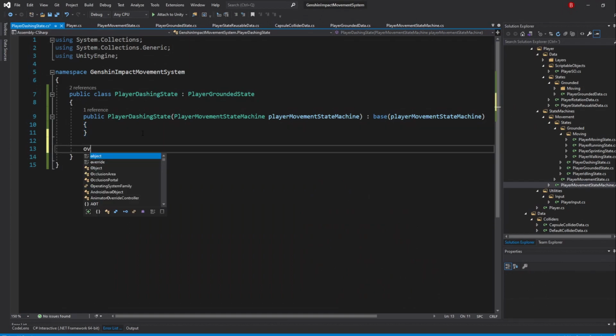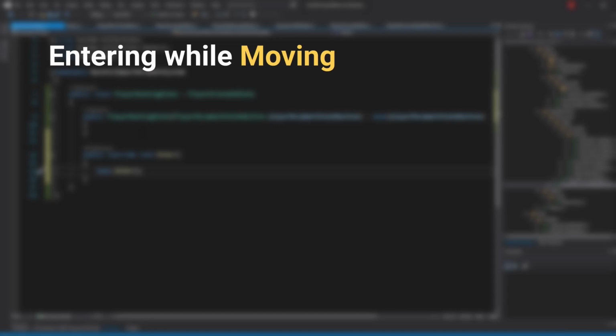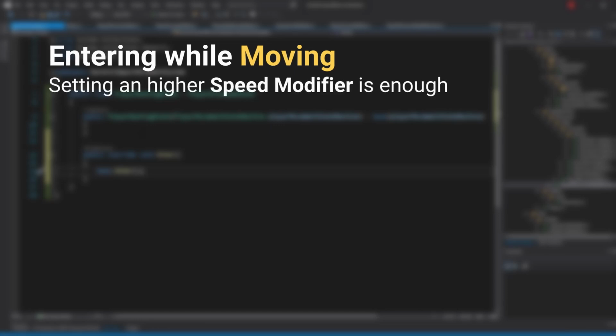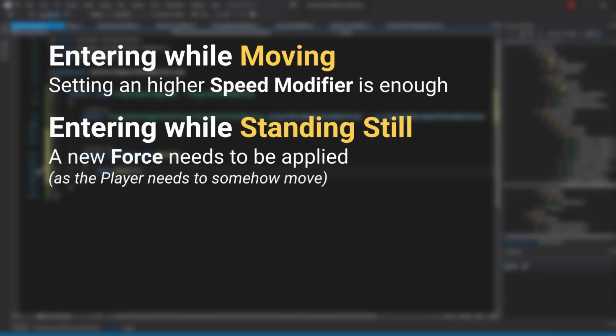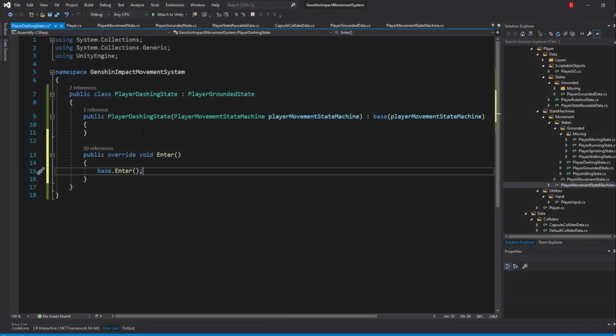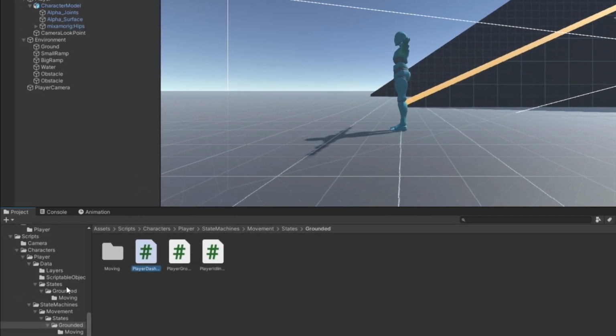To do that, start by overriding the enter method. If our dash comes from a moving state, we'll simply update the speed modifier to be a bit higher. If it comes from a stopping state, we'll add a force instead, as our player isn't able to move without pressing a movement input key. Of course, that means that we need a speed modifier value, which also means that we'll need to create a dash data script. So, back in Unity, go to the states data folder, and in the grounded folder, create a